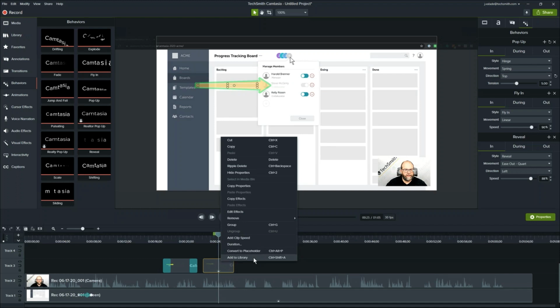Then that arrow will be added to whatever library inside of Camtasia that we choose with those behaviors attached to it in the library. So I could repurpose that again, but I could not save the behaviors stacked together as one behavior. Although that is the absolute first time I've ever been asked that,